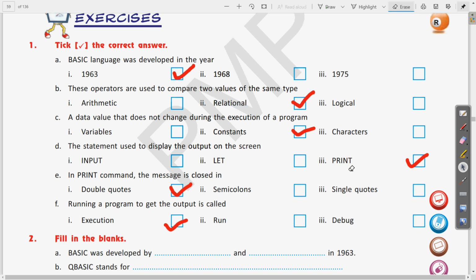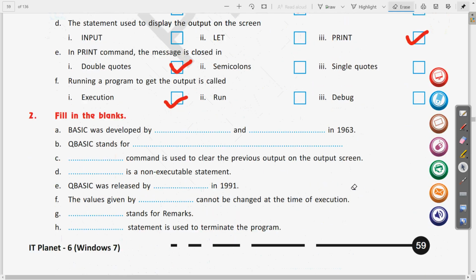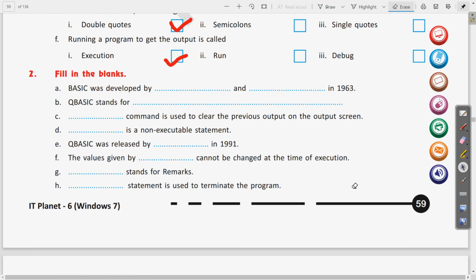So next is the fill-in-the-blanks questions. These are questions whose answers you can easily write from the book also. First is: BASIC was developed by. There were two people who developed BASIC, and we have just seen this on page number 49.